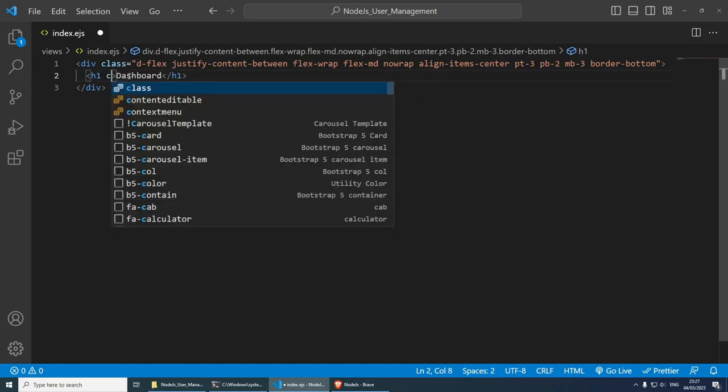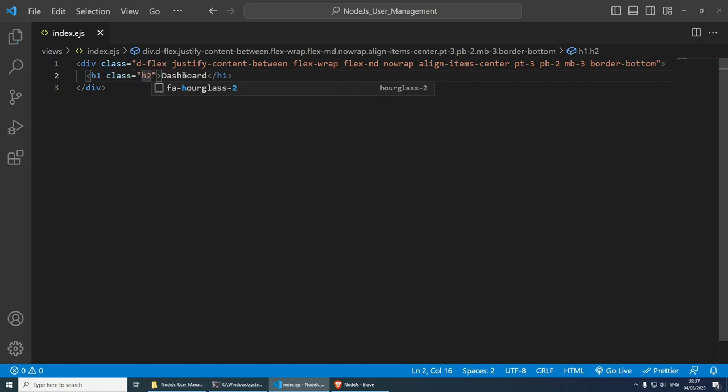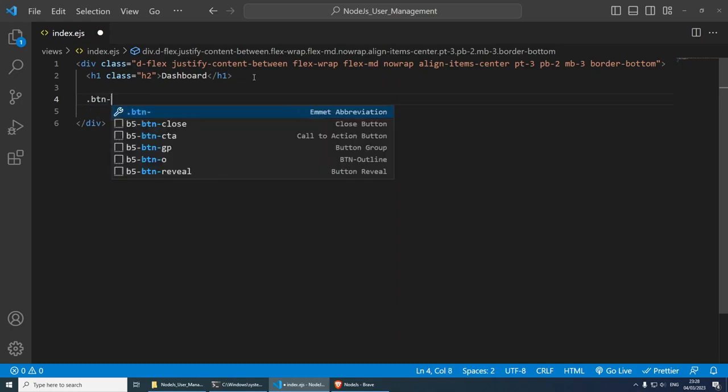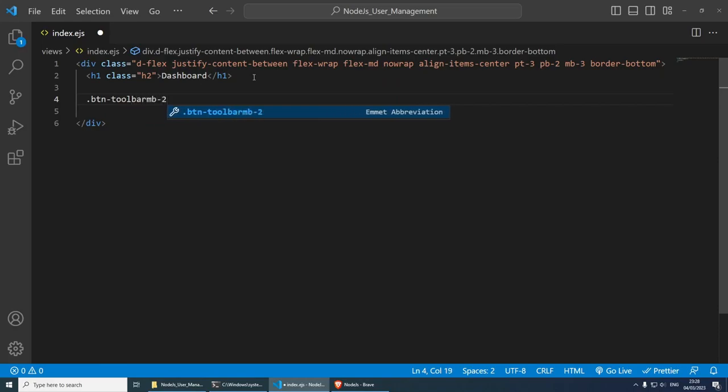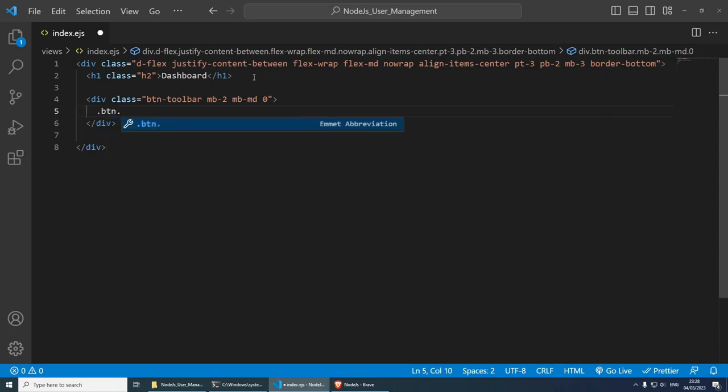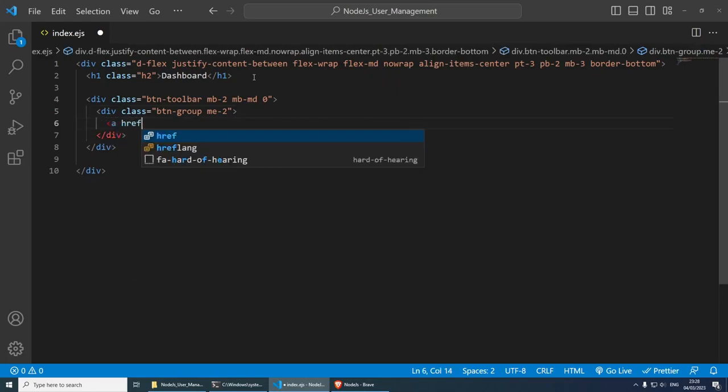This H1 is going to have a class name of h2, just so it's a little bit smaller than h1. And now I want to create a button that is going to allow us to go to the page where we can create a new user, new customer in this case. So what I'm going to do is create a div with the class of btn-toolbar, margin bottom of 2, margin bottom medium to be 0. Press enter, and inside this div, I'm going to create another div, btn-group, margin end of 2,